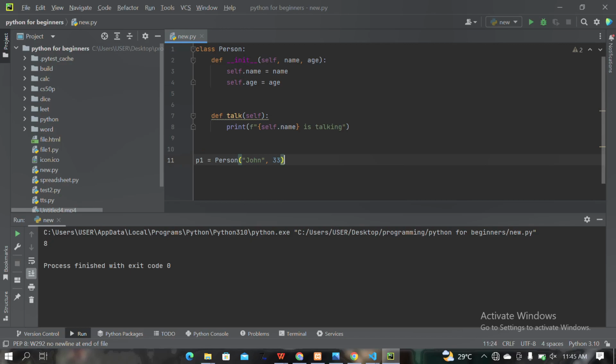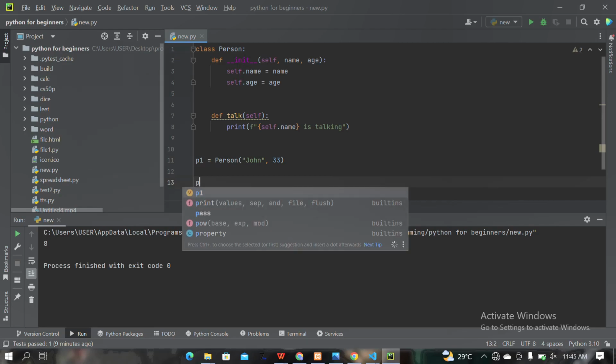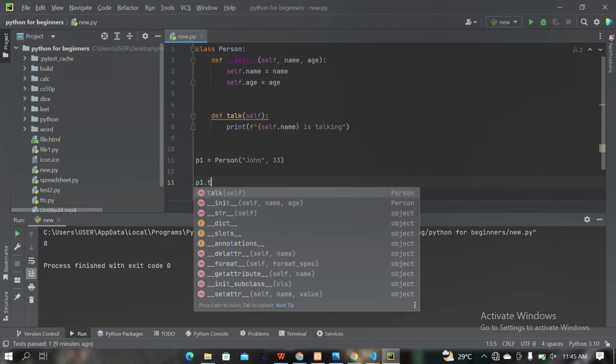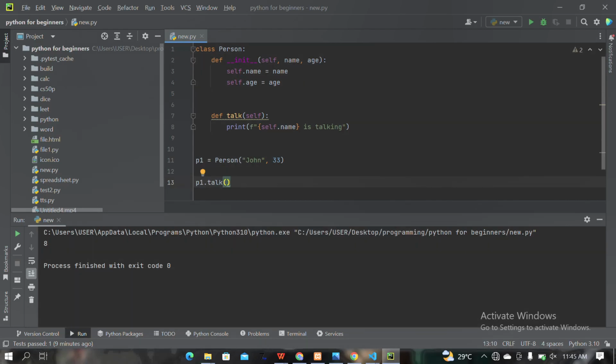Then if we want to access it, we have defined the class, so we can now access methods from the class. It's usually when you want to prompt it, especially if we are developing a game. So if you want to access the talk method in the class, we can say p1 dot the name of the method we're trying to access, and just save it. And if you run it, it should print that John is talking there. So that's just basic